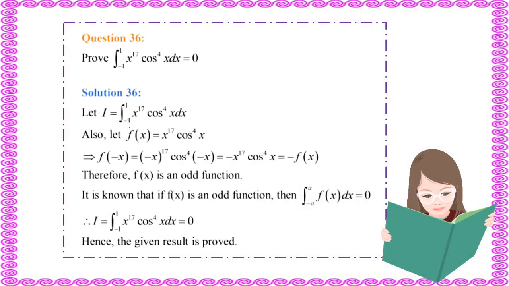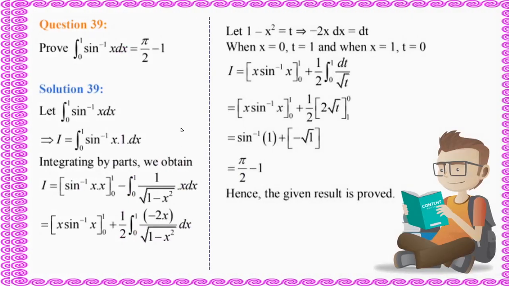Question number 36 here. Integral from minus 1 to 1 of x raised to the power 17 and cos power 4x dx. Now let the function f of x be x raised to the power 17 cos power 4x. Let's check whether it is an even function or odd function. So f of minus x, let's replace x with minus x. So here we will get cos power 4x only, because cos minus theta is cos theta. And here power 17, so definitely we'll have minus of f x. It means this is an odd function, and when we have an odd function, if you remember the property, students, this is equal to 0, and that's what we wanted to prove, so this is proved.